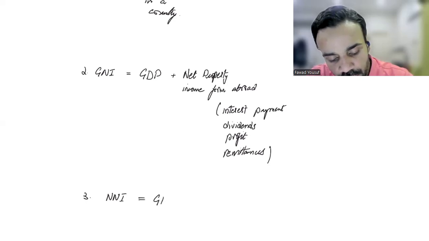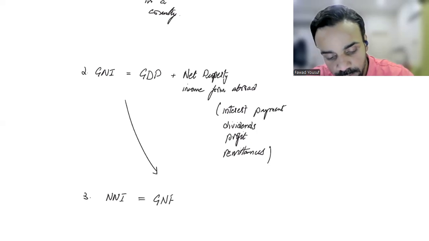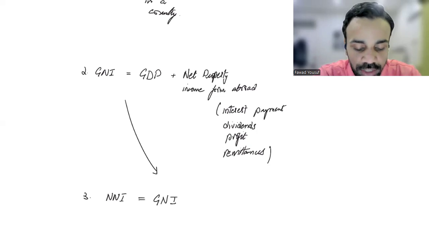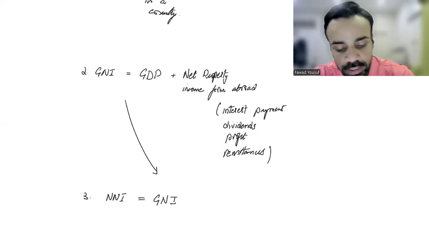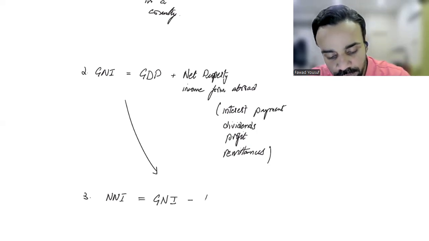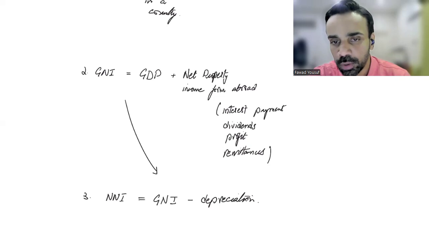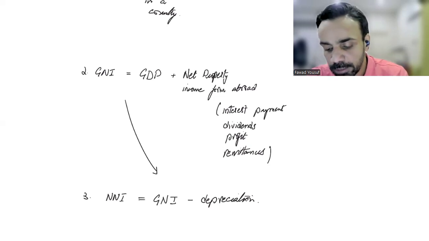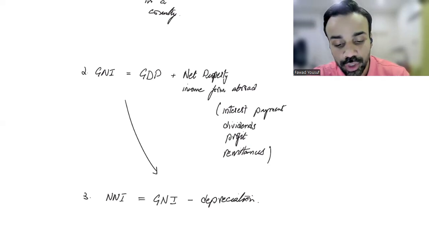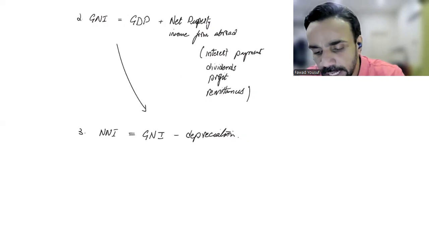Basically, you take the GNI, which you've just calculated, sorry, GNI, not GNP. They don't call it GNP anymore. Gross national income, which we've just calculated above, and you subtract from that gross something called depreciation or capital consumption. They both mean the same thing, which is basically assets getting used up. Concept क्या है इसके पीछे?